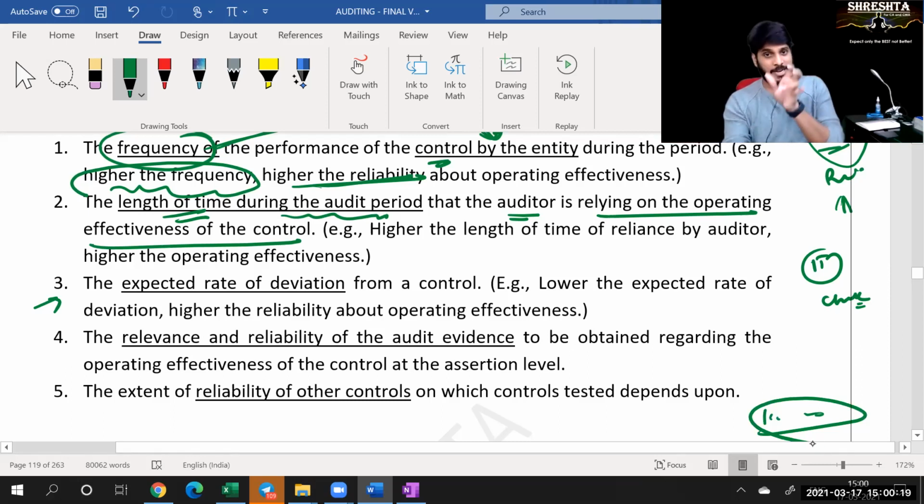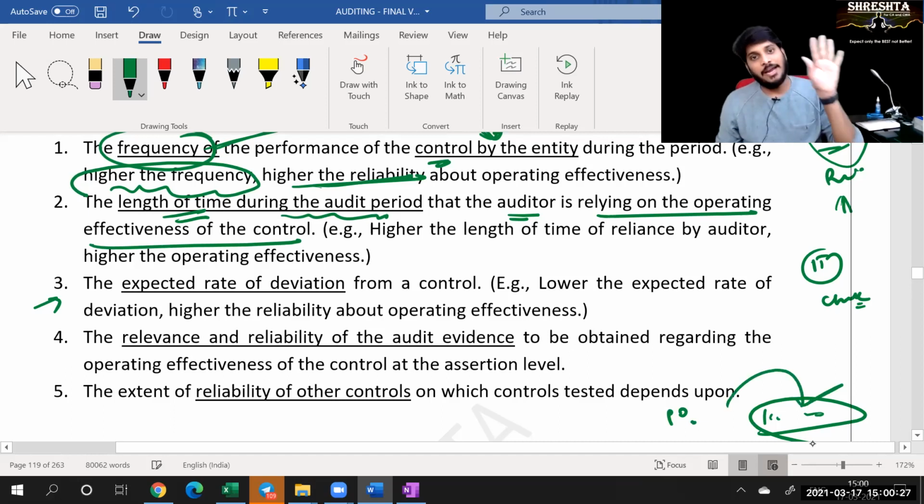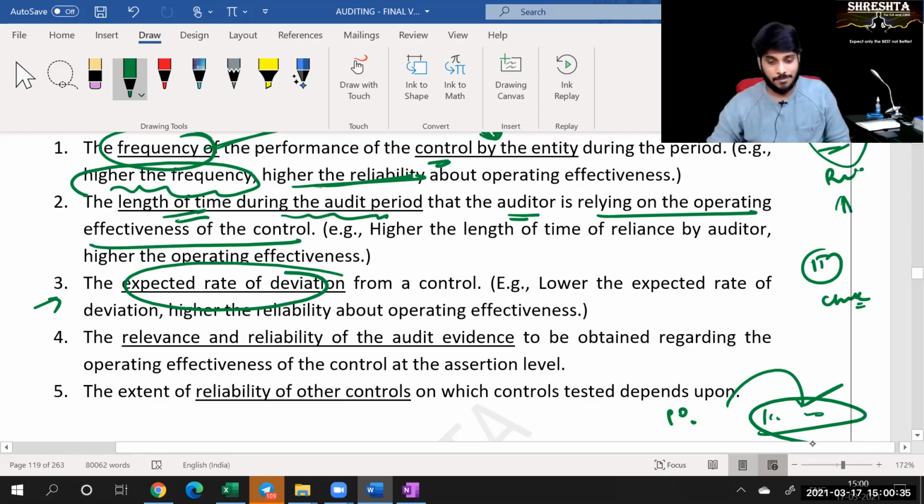The printer will print an automatic number generated as per the system. Whatever is there in the purchase order, only that amount will be printed on this check. In that way, the control has been implemented, such a robust control. So deviation is very, very low in this organization, so I will have high reliance.